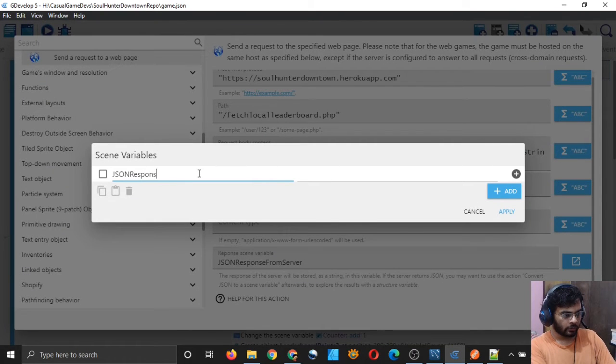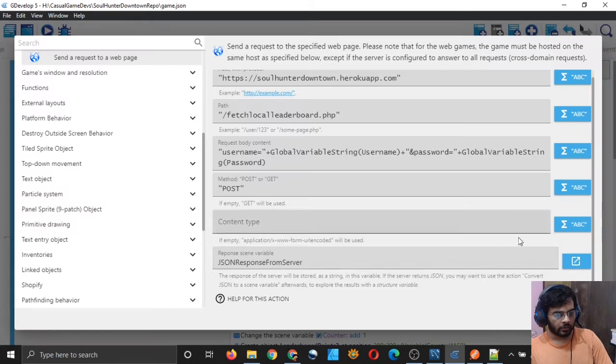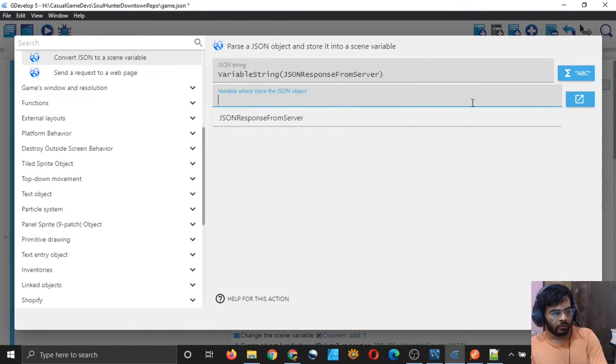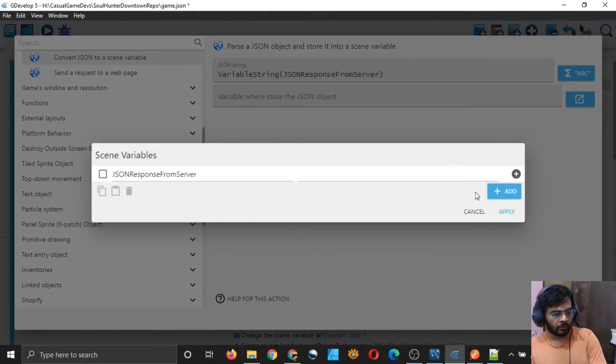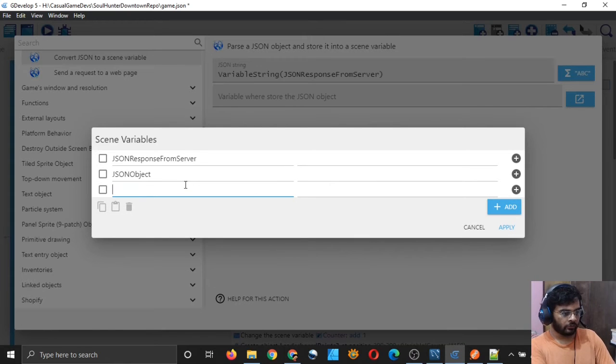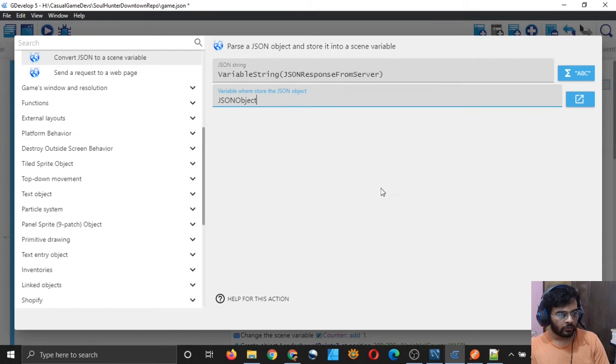JSON response from server, and apply and select it. Okay, click on OK, and in the parsing part also, here you have to select and make a new variable, JSON object, and you also need a counter, right, whose default value will be 0, right? And click on apply and choose JSON object here,